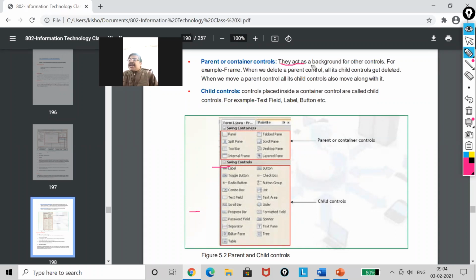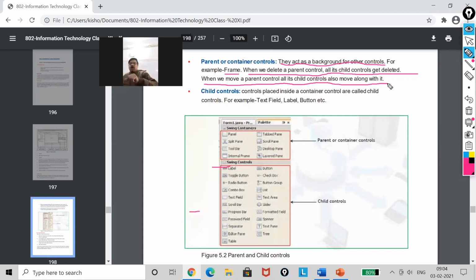They act as a background for other controls, for example, your frame where you have your form. When we delete a parent control, all its child controls get deleted. When we move a parent control, all its child controls also move along with it.